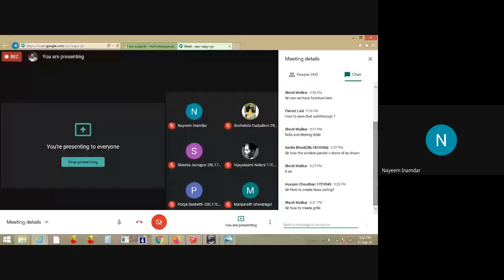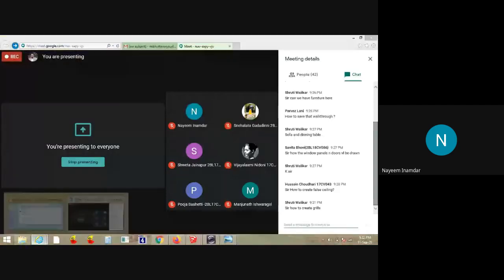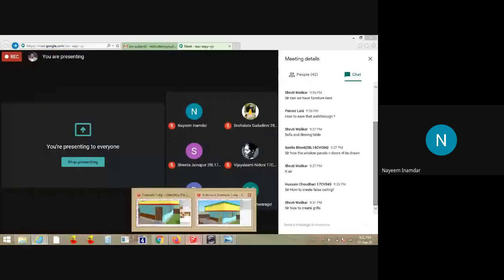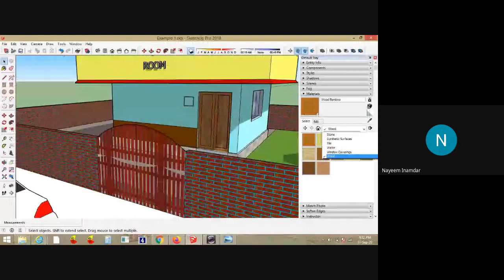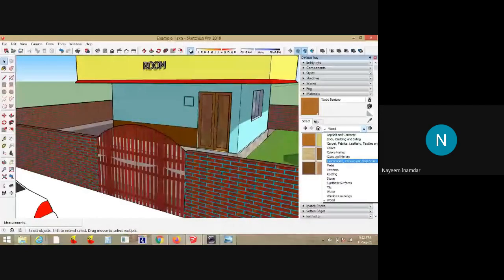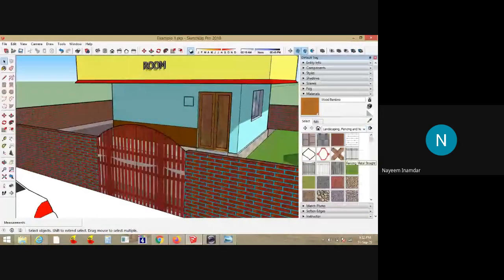Is it clear? So grills also the same way. You will be knowing the dimensions, and you can have. Otherwise, some predefined grills are available in landscape fencing and vegetation. You can directly add it.